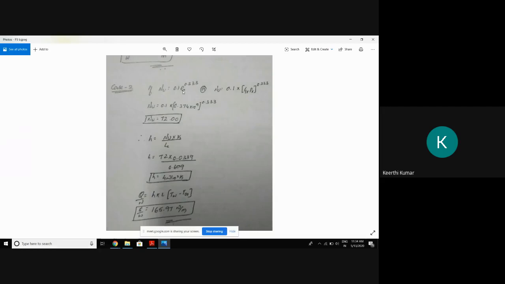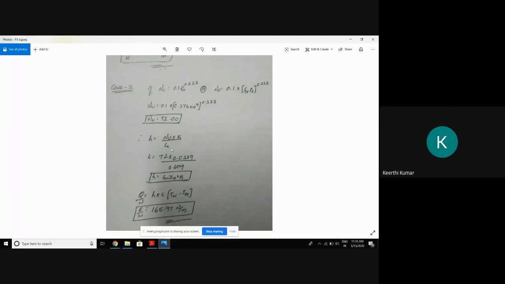If you go to page number 111, you will see the formula for Rayleigh's number. The Rayleigh number is nothing but the product of Grashof into Prandtl number. So in the question he has given Ra, and you may get a doubt what is Ra. On page number 111, the Ra formula is the product of Gr into Pr. So instead of Ra, I'll put Gr Pr: 0.1 (Gr Pr) to the power of 0.33. Then if you substitute, I'll get Nu as 72. Once you get this Nu as 72, substitute in the formula Nu is equal to h Lc by k.